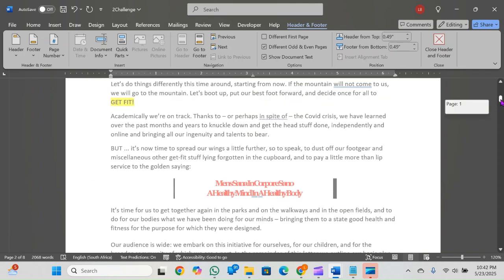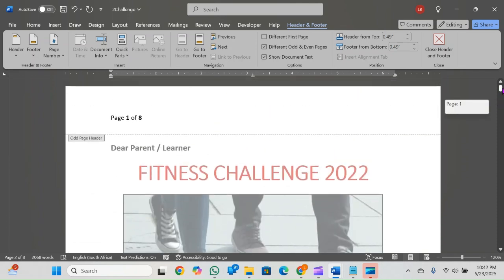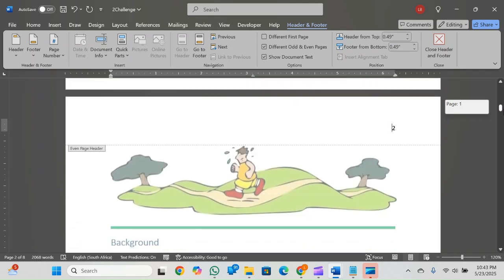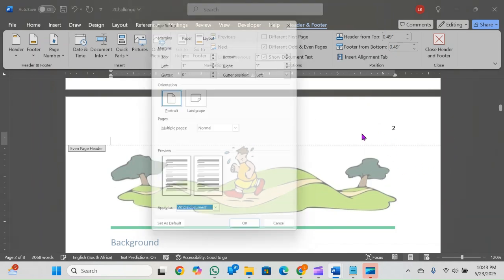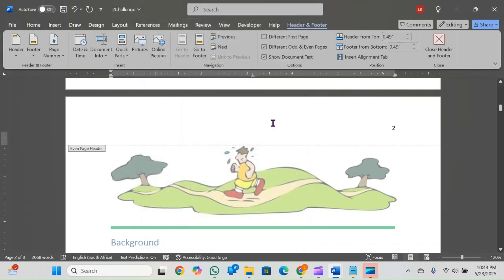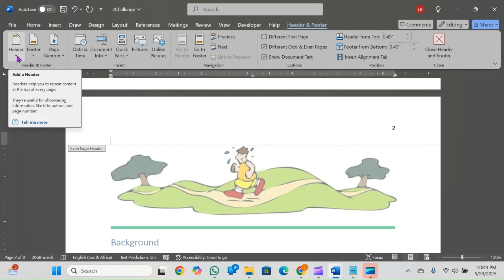Okay, so I have my odd numbers on the one side and I have my even numbers on the other side. Okay, again, just take note of what the picture looks like that I give you, or the instructions that I give you for the particular type of page number I would like you to add. So while we are here in the header, I want to show you how to add different columns to the header. Okay. So if you click on header in there,